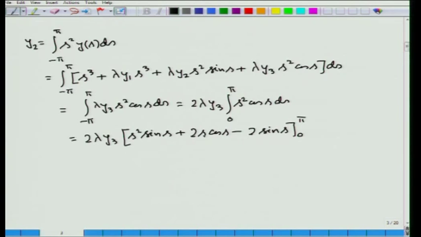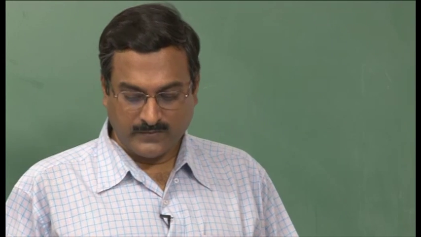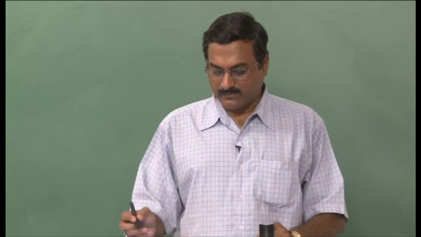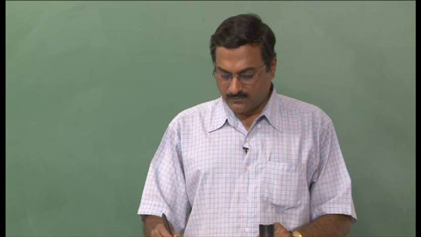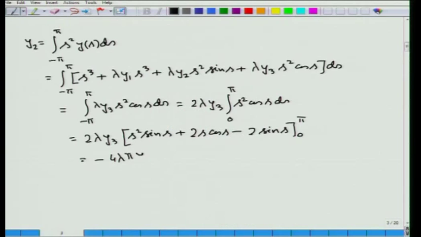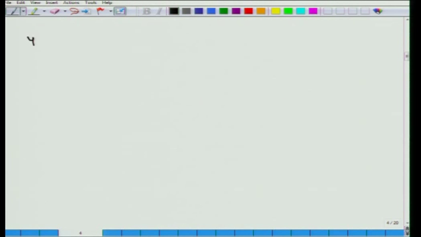and ultimately we will be having only one non-zero term, that is from 2 s cosine s when evaluated at s equal to pi. So, substituting the lower and upper limits, this will result in minus 4 lambda pi y 3, and finally, for y 3, this is equal to